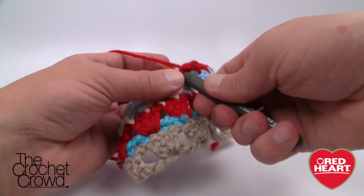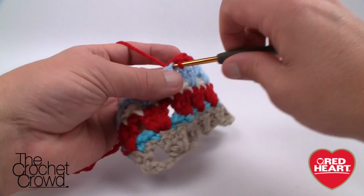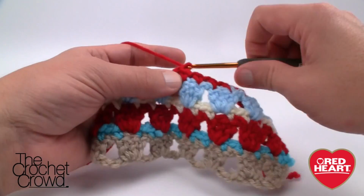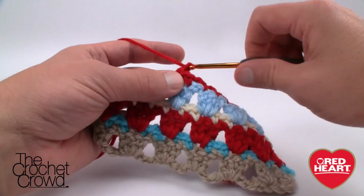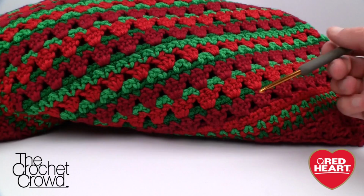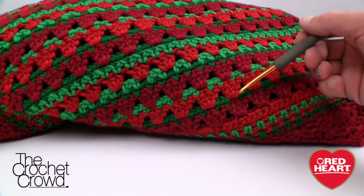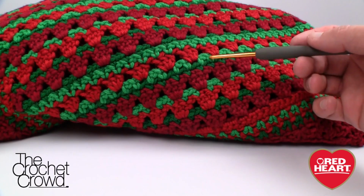So in row number 7 is where we're going to change things up a little bit and create a different look, and this is what makes this Afghan really unique, and that if you don't really look at the pattern, you'll never see that this is happening. So here's the secret to this pattern. When we started off, we're going to have 3 groups. Okay, so we're going to have 1, 2, and 3,